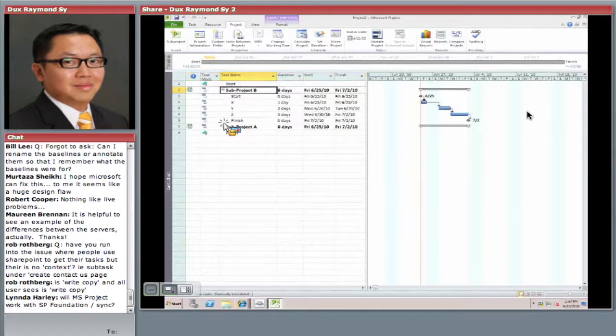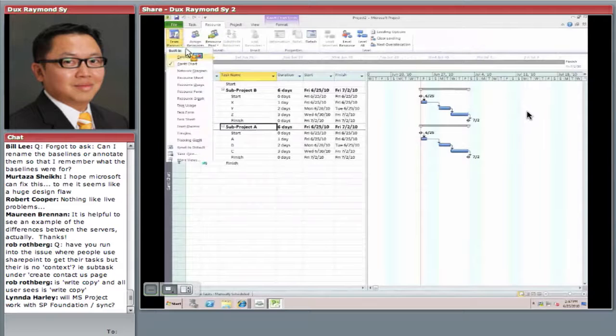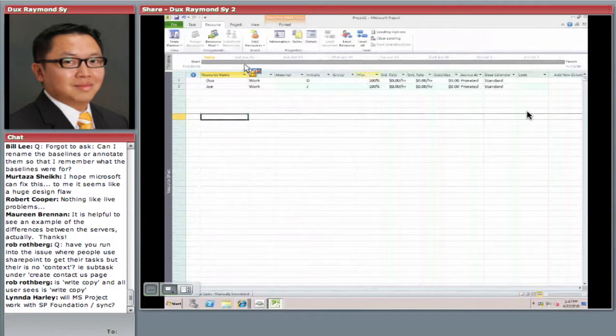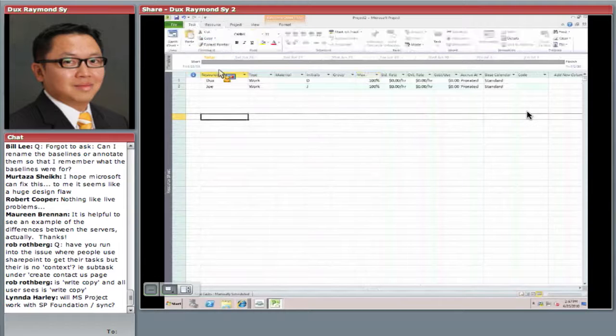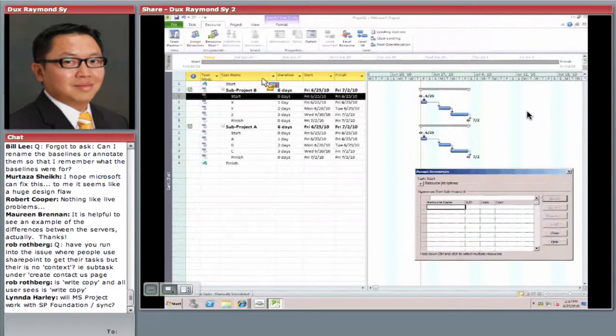So I can insert as many projects as I want. Okay. So notice that. What I did is I took two separate project files and made them available in this single project file, which is known as a master project. And quickly here, I'm going to go to my resource sheet and put in some resources, Doc, Joe, okay? So I'm putting resources in this master project, and now I can go back to my Gantt chart and start assigning resources